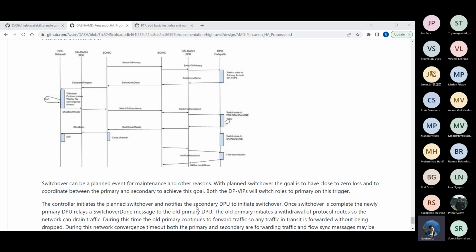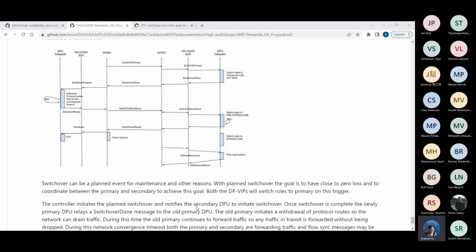Is that somehow capturing the spec? I'm not sure. Previously we talked about that. For example, if one is active and one is standby, and the standby receives any traffic directly from the network, not from the active, will it create those flows, or will it reject the flow? Have we made that clear in the spec?